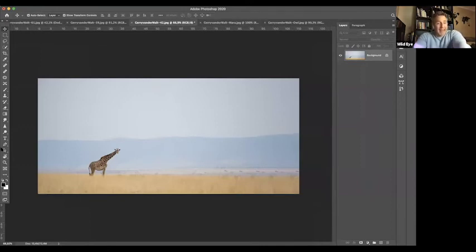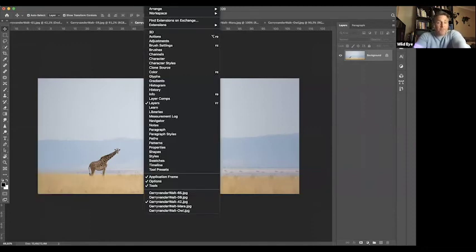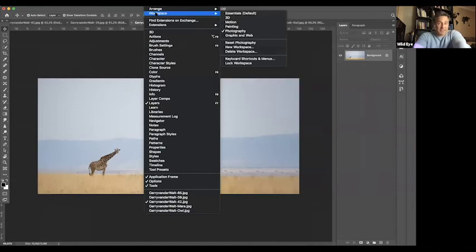If you are not sure of your layout, what you can do is you can come up to View here, first window, and you go down and say Workspace. There's a couple of different workspaces that you have here. 3D, motion, painting, photography, there we go, graphic and web. So by clicking this, it changes everything on the side for you based on that. And then you can still customize this as you go. But that's where you'd start. If you've messed it up dramatically, click on Reset and it takes it back. But those are the different options, Shazmin, that you can look at.